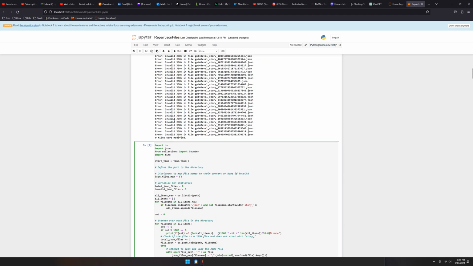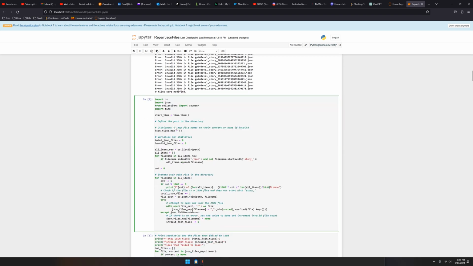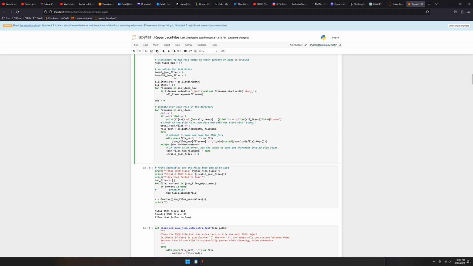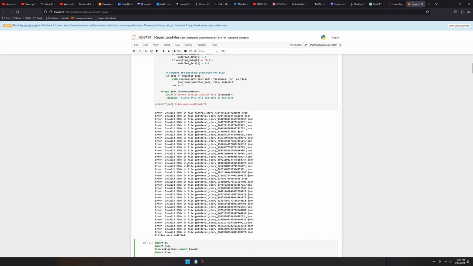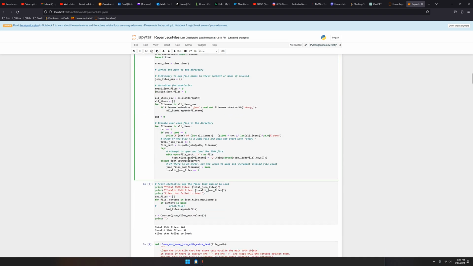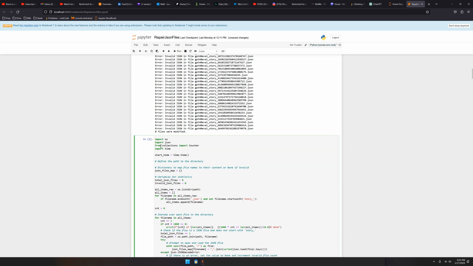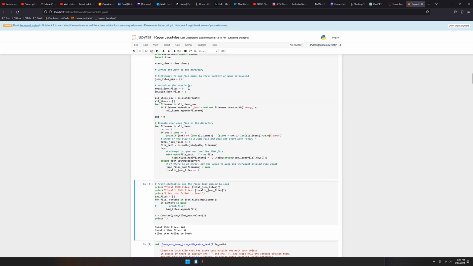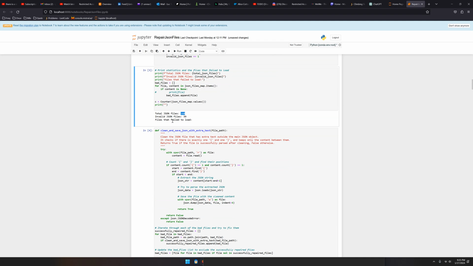Is it still running? I don't think it's still running. But there's just not that many files. I mean, it made sense for it to run slow when I had thousands and thousands of files. Oh, did I just run one? I meant to run all. Run this one. Oh, maybe this one just doesn't print. So total JSON files 160, it had already executed.